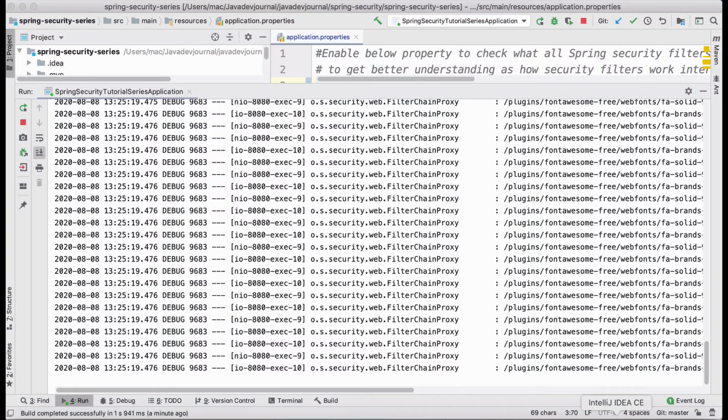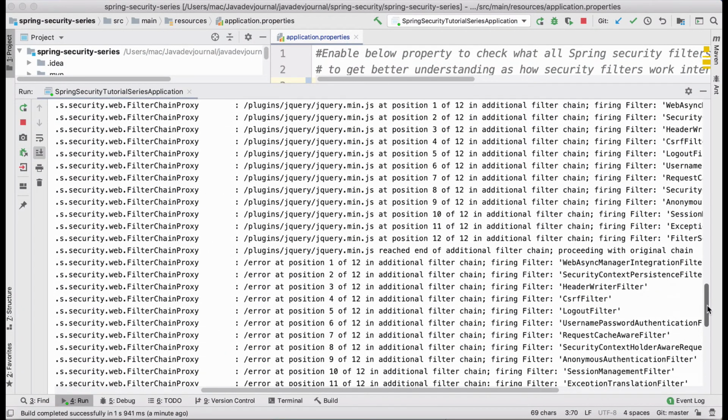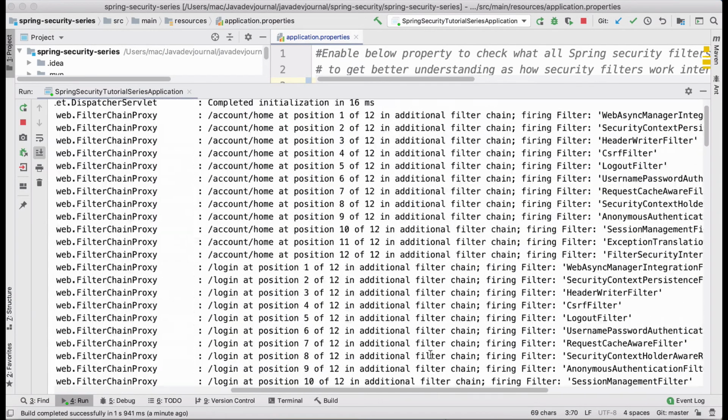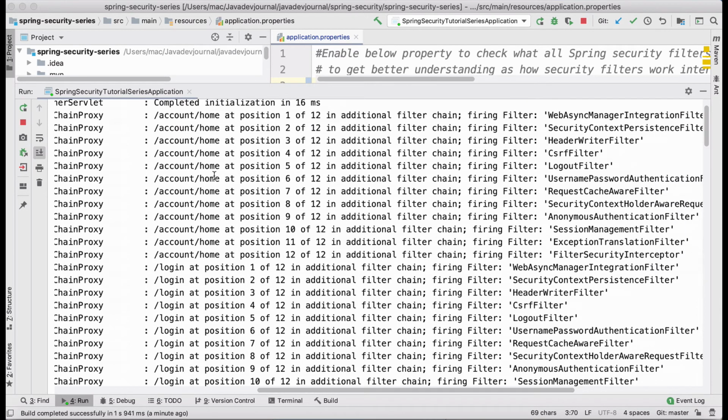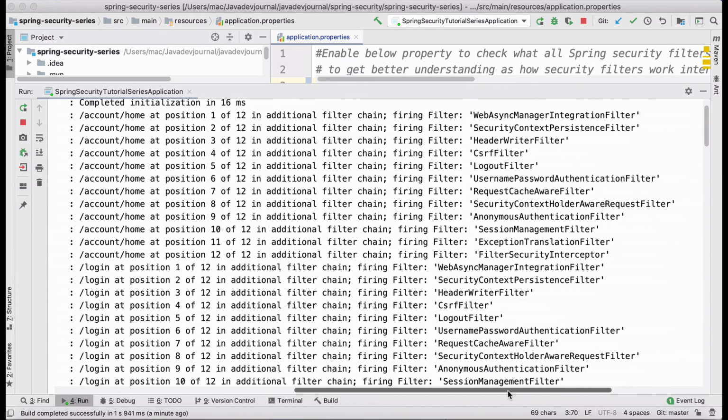Now let's go back here and see a few things which are really critical for you to understand. My initial request was intercepted by the FilterChainProxy, or in short, it's being intercepted by Spring Security. There are certain filters we have not configured. All we did is enable Spring Security in our application.